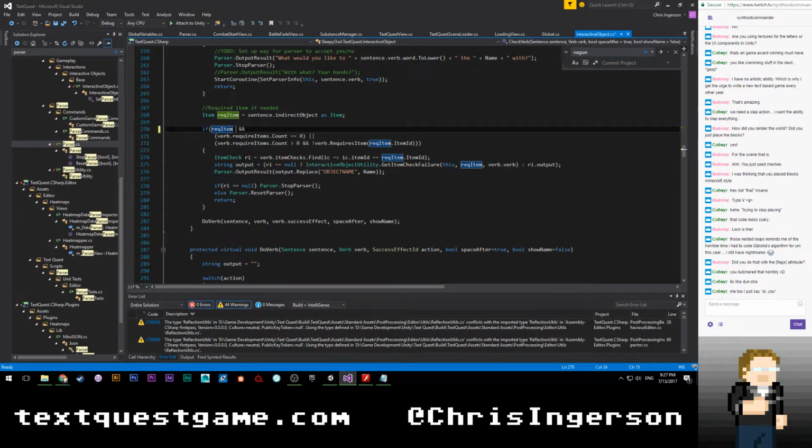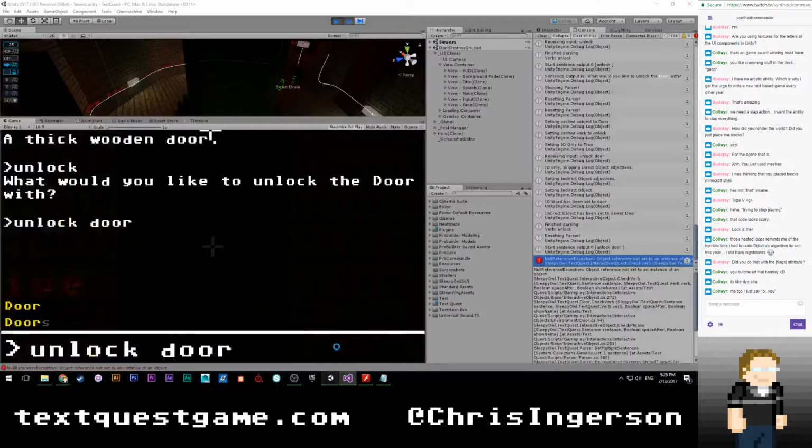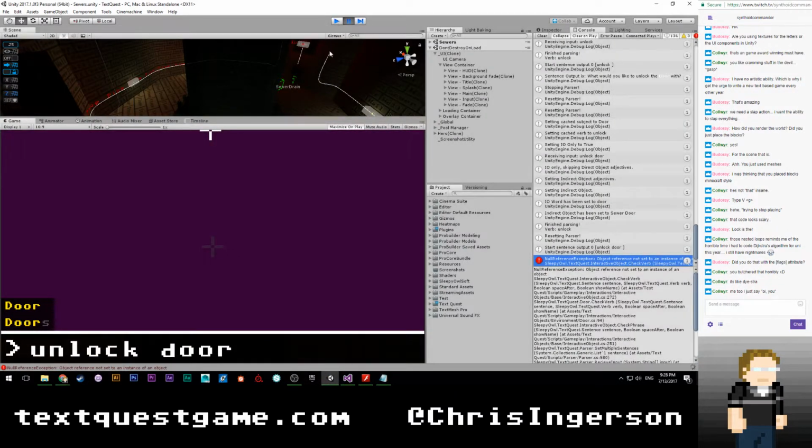I can explicitly say it's not equal null. But then why are we getting this far down? Because it should be impossible for it. So what's happening here is, oh crap, I didn't stop playing.